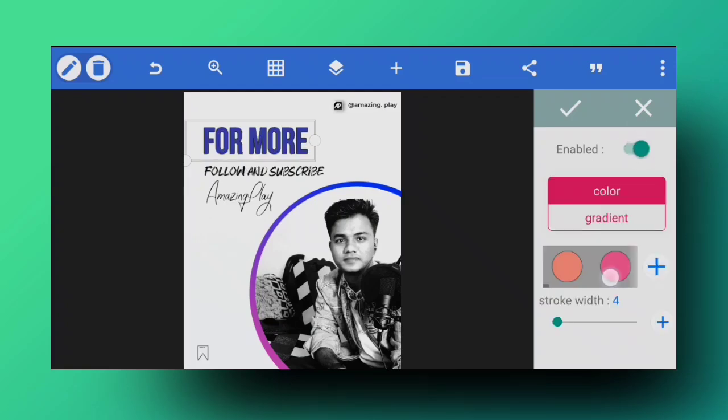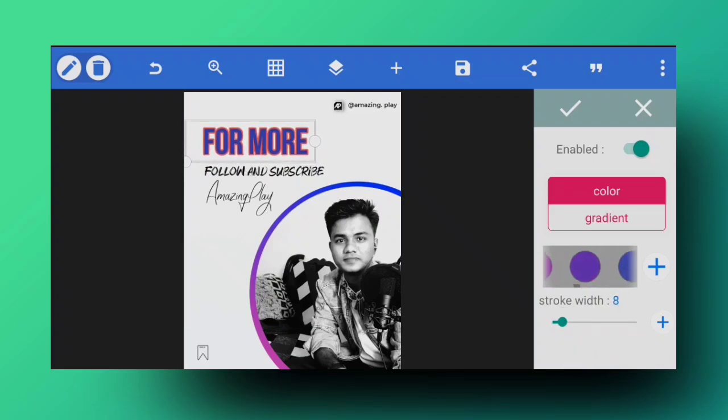You will also get this function on image and solid layers as well. Basically, we are adding an outline to our selected text. In this text, as you can see, we are adding this stroke, and with this slider you can control how much you want to add, and this is how you can add it.